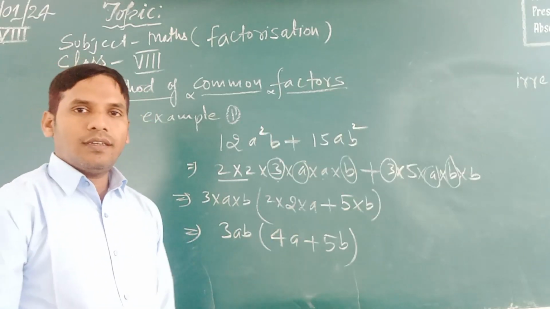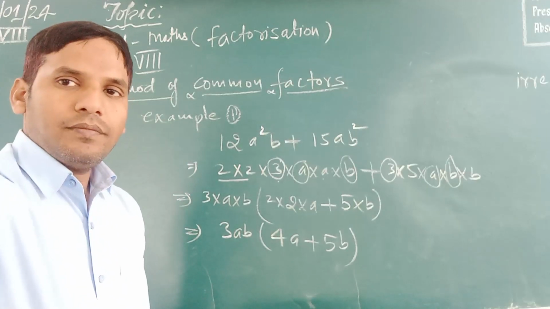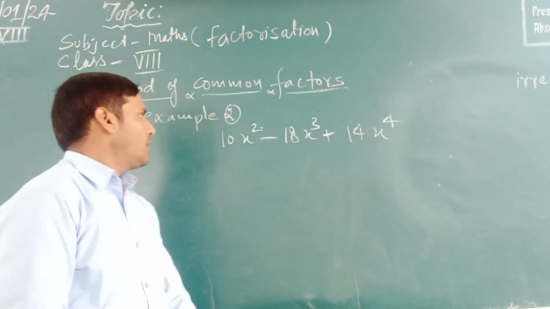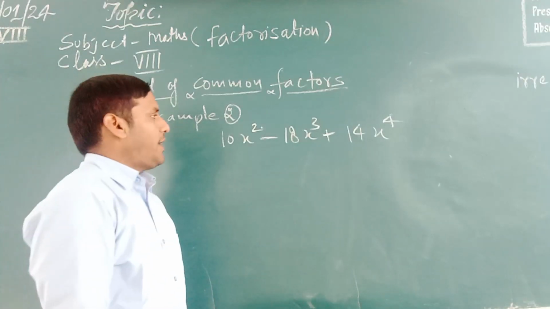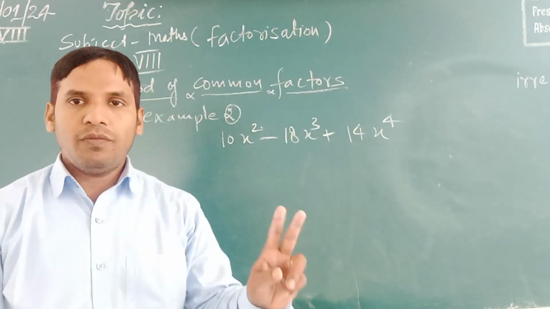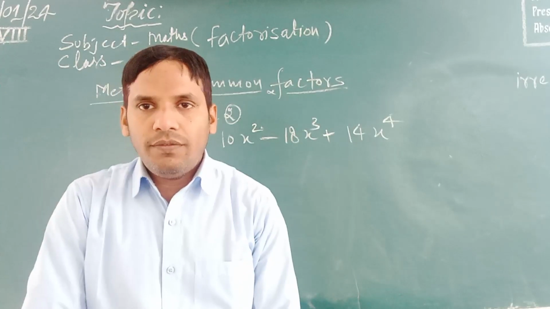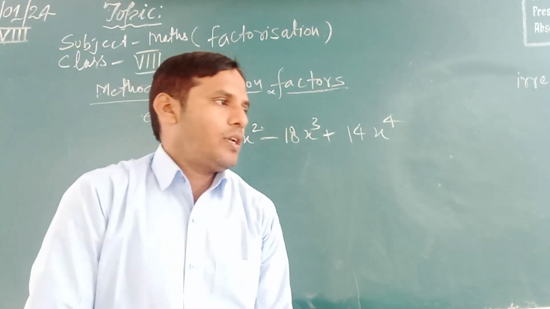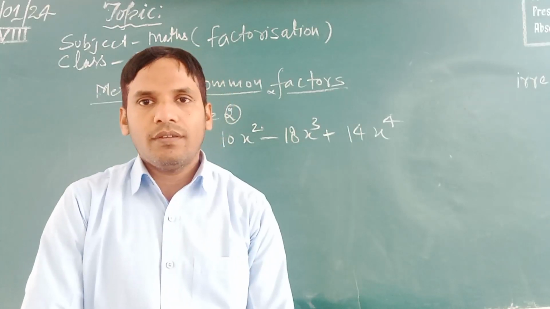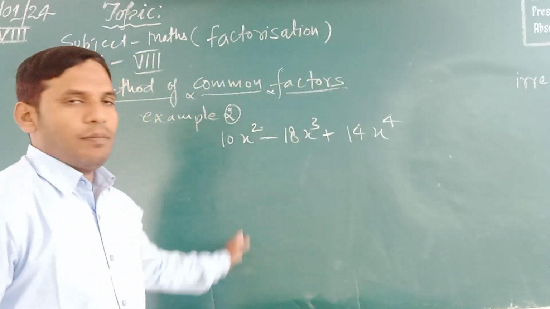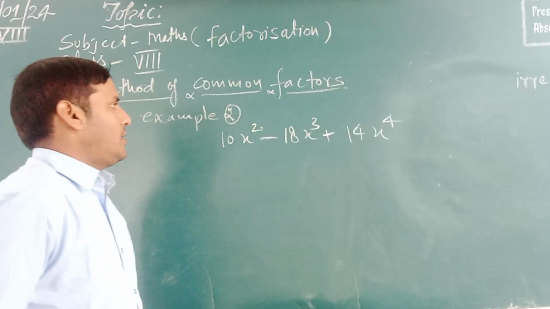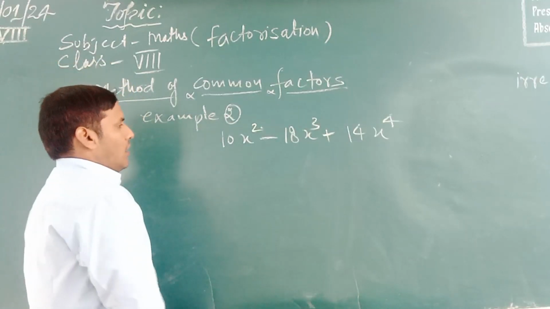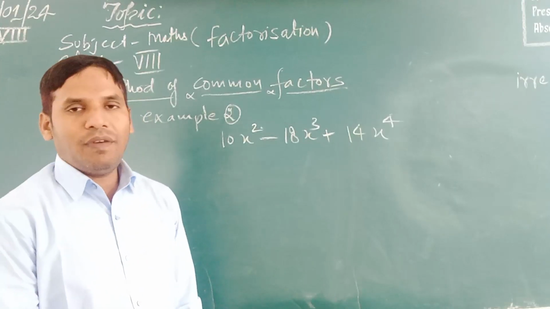Let us see the next example. Okay. Example 2. Right? It is a trinomial. If an expression has 2 terms, we can say binomial. But if an expression has 3 terms, we say trinomial. More than 3 terms, we say polynomial. Okay, it is a part of the polynomial. It has 3 terms. And how can we factorize? Please see it. You can take the simple way.